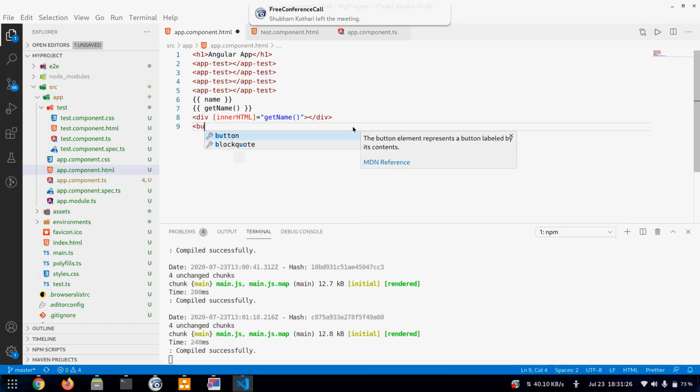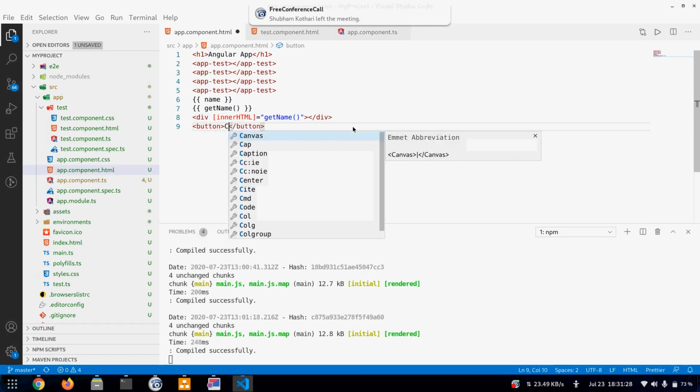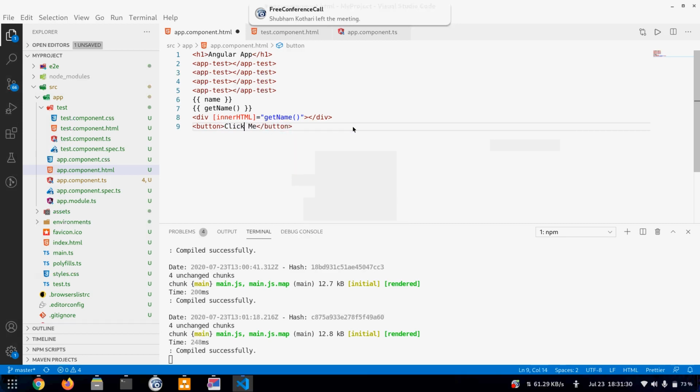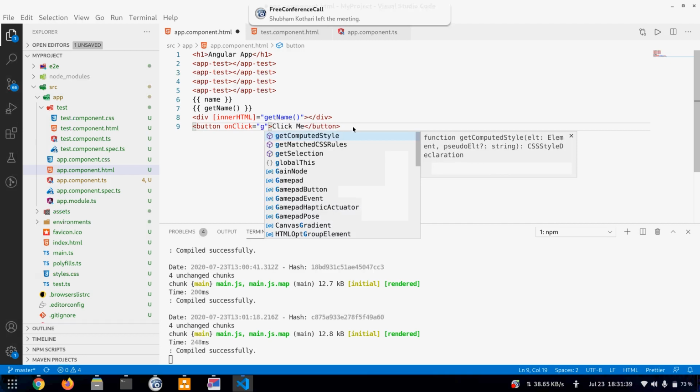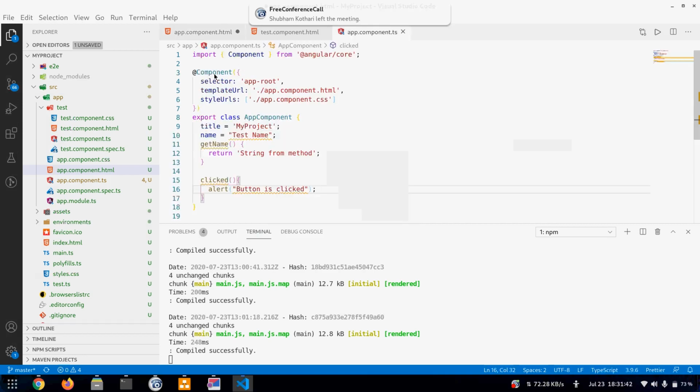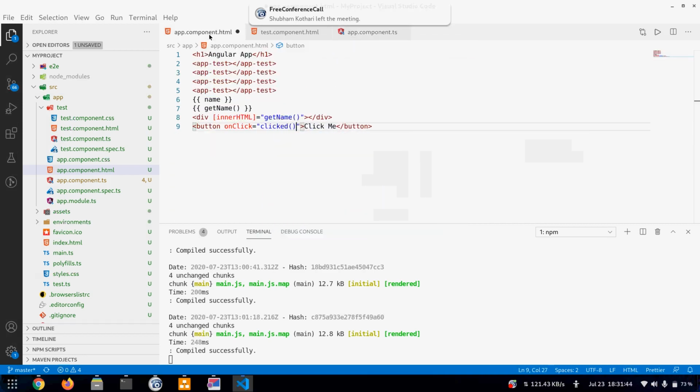So now I'll create a button. And generally we have seen we have an onclick on this. onclick is equal to, we add some code here, like click. So in the Angular way, we add a round bracket and then we write the event, like we are reaching for the click event, so we write click.